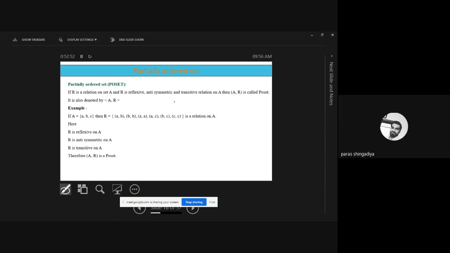notation for partially ordered set. Where A is a given set, R is a relation. Okay, it is called poset relation. A is a set, R is a relation, then (A,R) is called the partially ordered set. It is called a partially ordered set if, in place of symmetric, we check the antisymmetric condition. Okay, what is the antisymmetric condition? अगर AB है, AB belongs to R है, this implies B comma A should not be part of R. ठीक है? अगर AB is given, so BA should not be given. Okay, that is an antisymmetric relation.